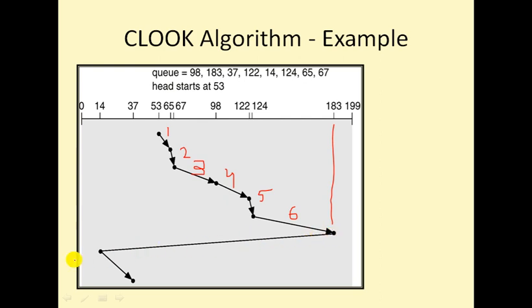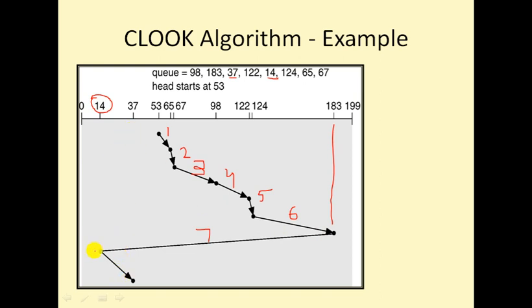In the reverse direction, the requests available in the queue are 37 and 14. In the LOOK algorithm, in this direction it first accepts the 37 request, then 14. But here the difference is that from 183 it directly goes to the last request available in the opposite direction. Here the last request is 14. So from 183 to 14 is the seventh move.